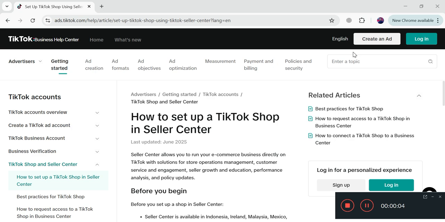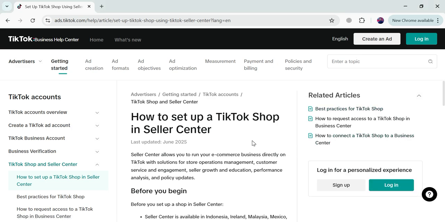The title of this video is how you can set up a TikTok shop in a seller account in the seller center of TikTok. So I have opened up the original document and article by TikTok. Here you will get authentic details on how you can set up your TikTok shop account and how you can sell